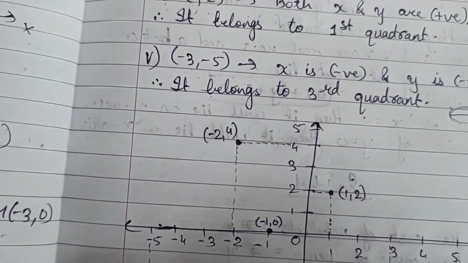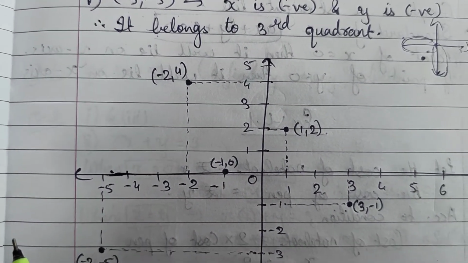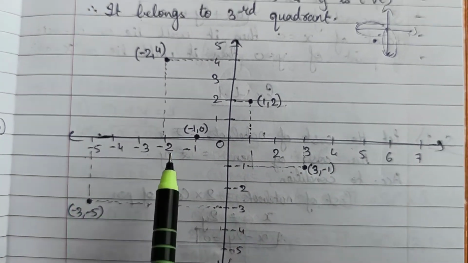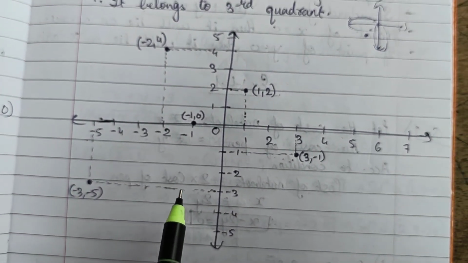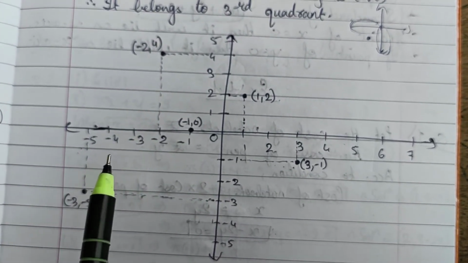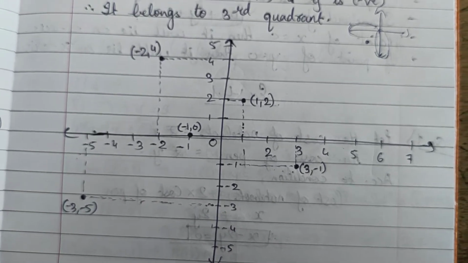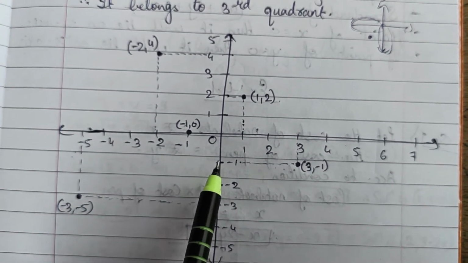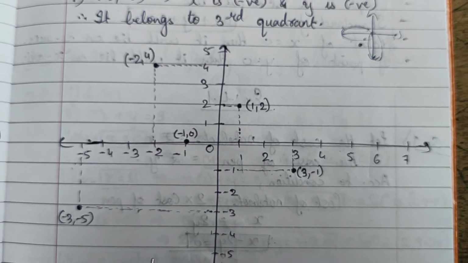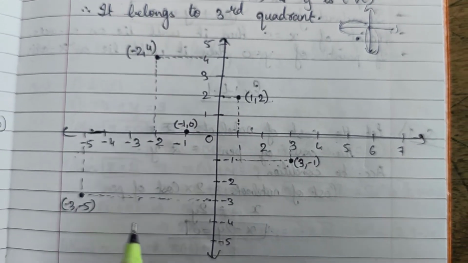Now we have to plot the points. First we have -2, -4. So make a graph. You have to do this in your graph book, but as I do not have a graph book, I have done it for you here. After seeing this, you have to draw these in your graph. When you are done with the graph, just stick that graph in your fair book.